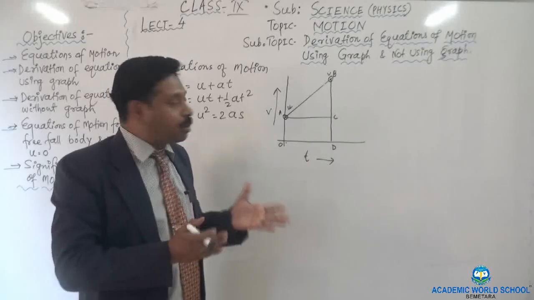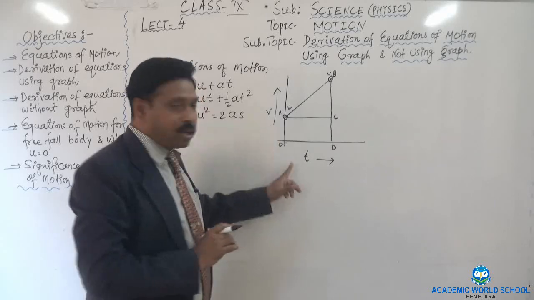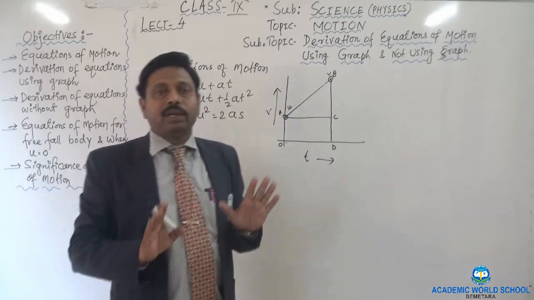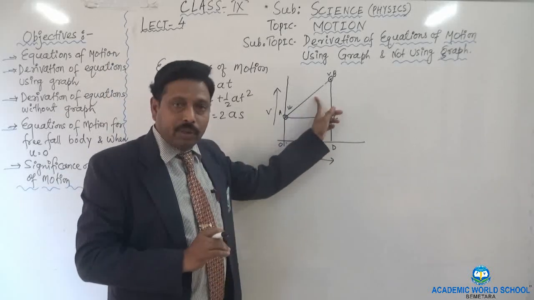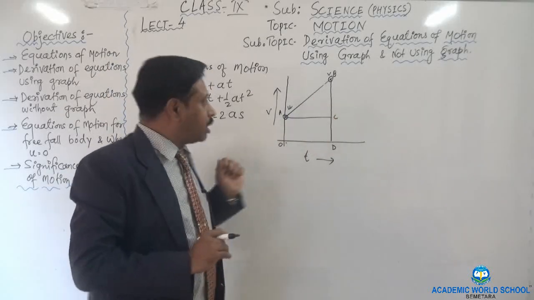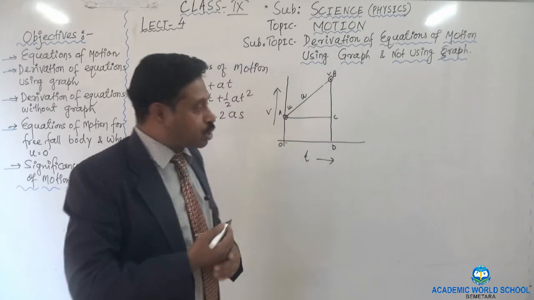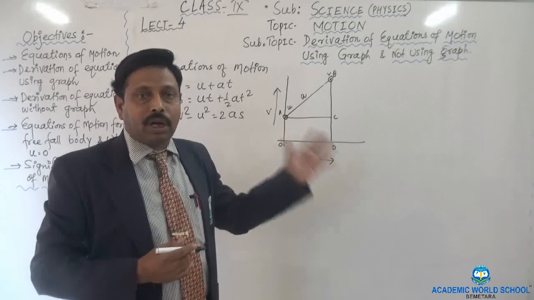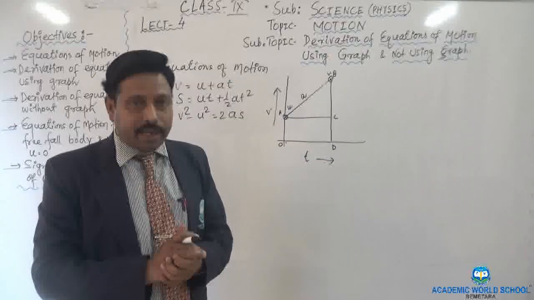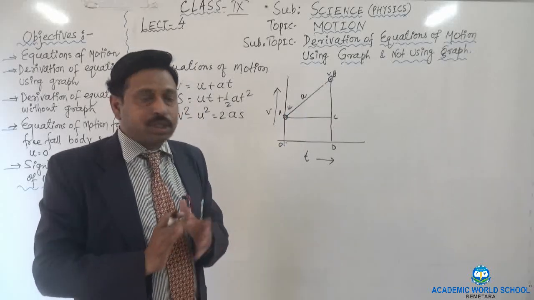Now how to continue the derivation? Well, it is the velocity time graph. I told you already, velocity time graph will give you the acceleration. Here the body is moving with uniform acceleration. Okay? So now you see, this is your acceleration. Now the question is how to find out the acceleration. If you remember, I told you that the finding out the slope of the line. So here the same thing you have to apply here. I have to find out the slope.